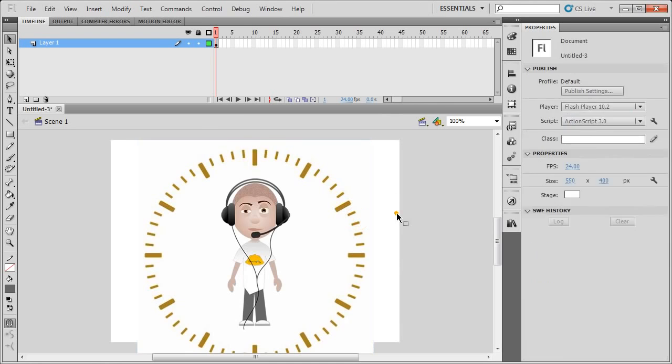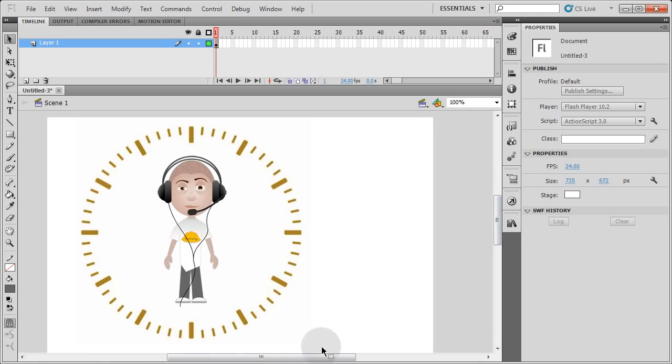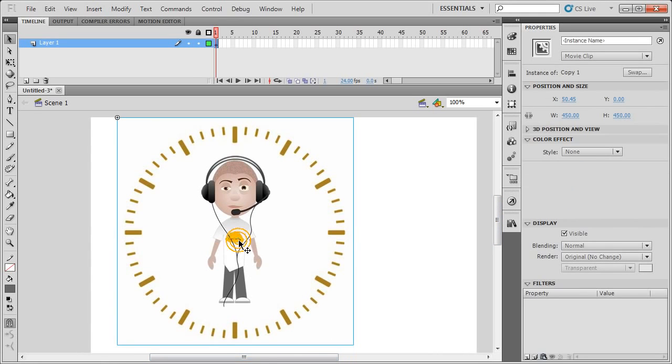And I'm going to make my canvas a little bit bigger, that way everything fits in there real good. There we go. So what I will show you how to do is create the minute, seconds, and hour hands, and then I'll show you how to program those using ActionScript 3.0 to where it runs just like